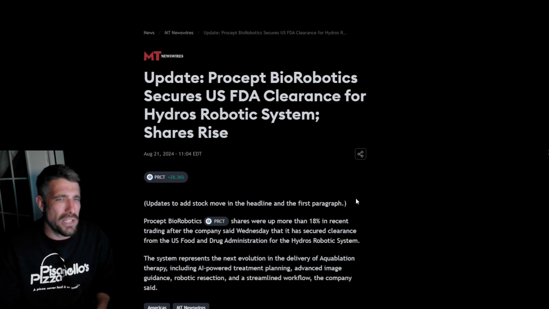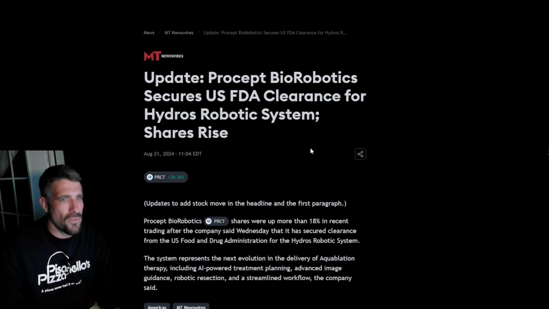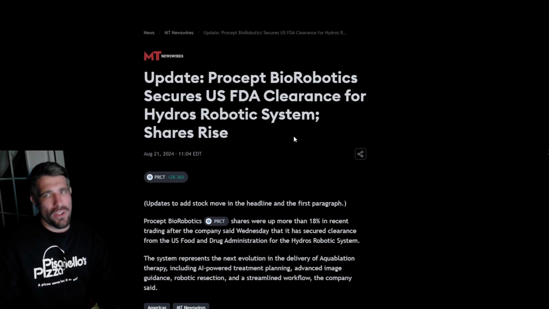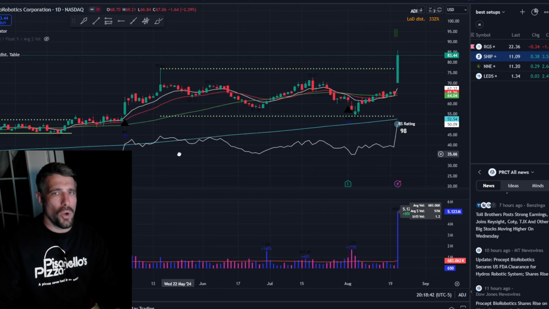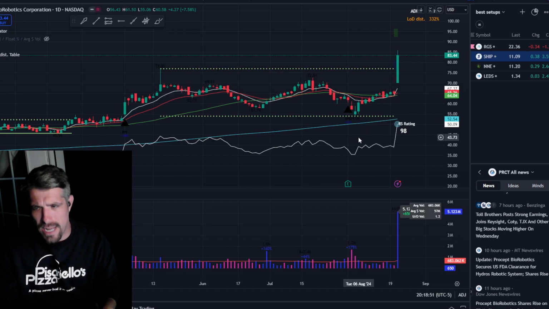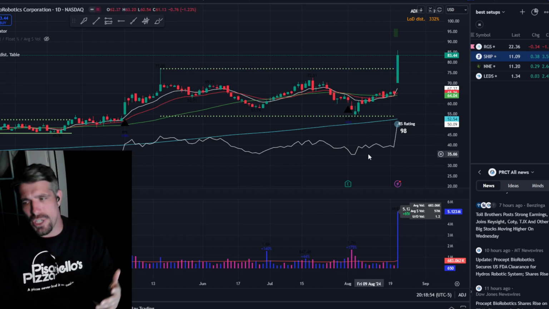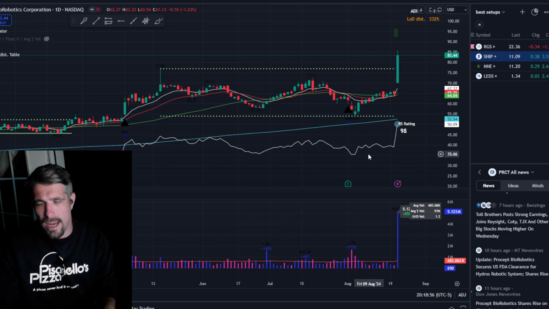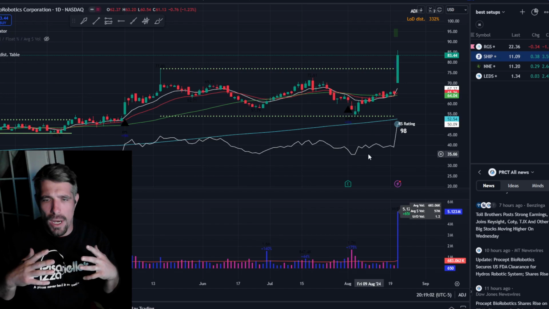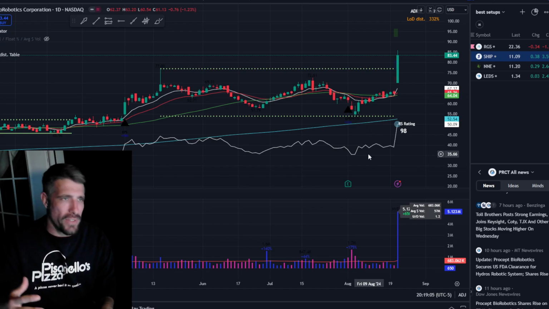It had this piece of news: U.S. FDA clearance for hydro-robotic systems. If you go on to reading this, they talk a lot about AI. They talk a lot about putting their system in a lot of different hospitals. They talk about how it's going to revolutionize, is it gastrointestinal or urology? It's based on urology, sorry, not gastrointestinal, but a urology surgery, and they're using AI to help fix all the issues that are happening in there.